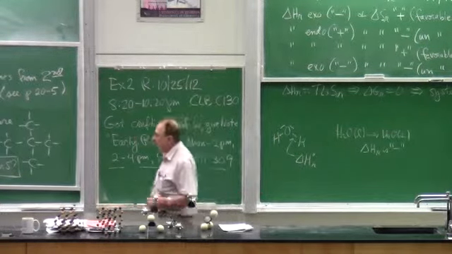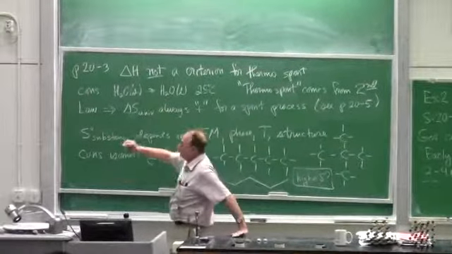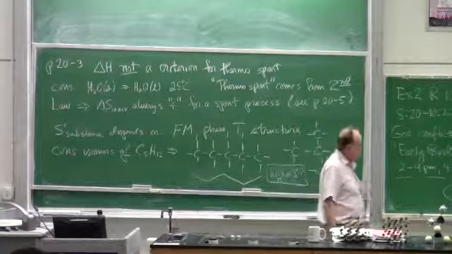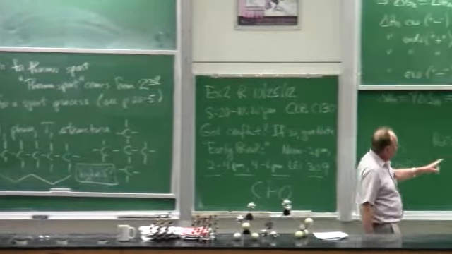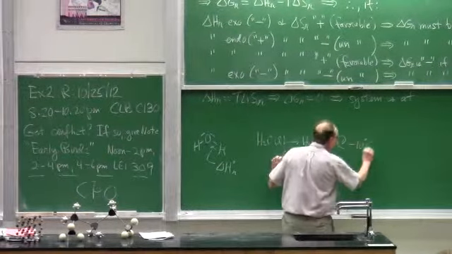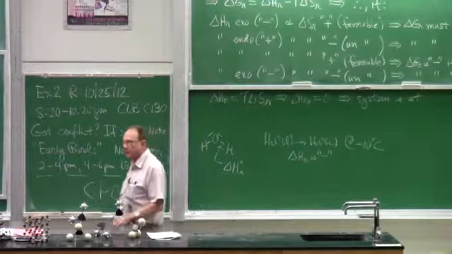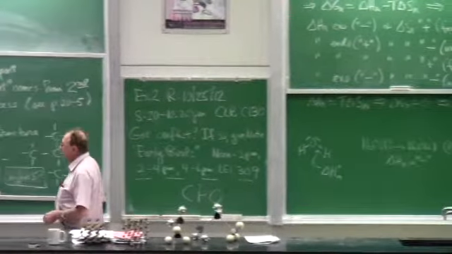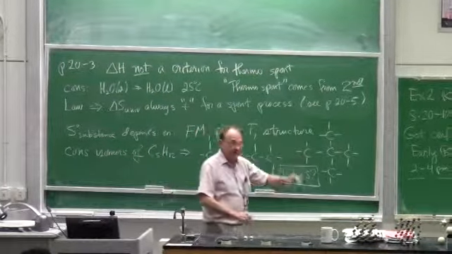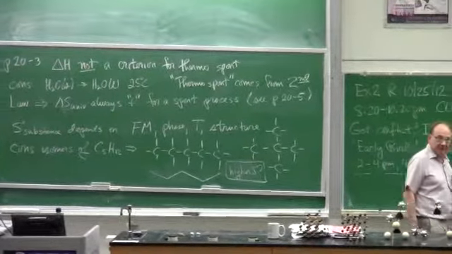Well then, if it's true that the change in entropy for the universe is always plus for a spontaneous process, and this process is spontaneous in the refrigerator freezer at, say, minus 10 degrees centigrade, and this process proceeds with an unfavorable change in entropy, how is it that the change in entropy for the universe is plus for this thing? That's what's discussed on page 20-5.